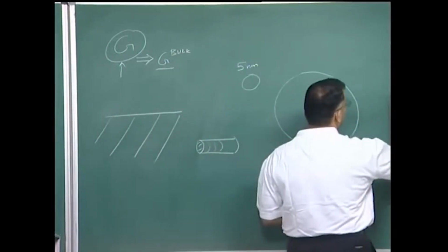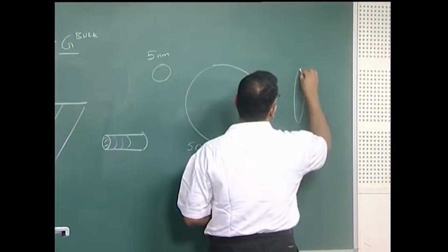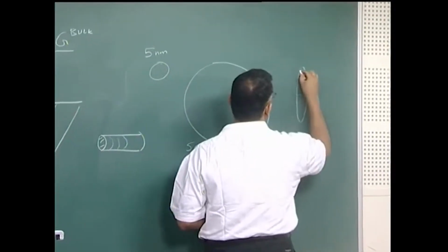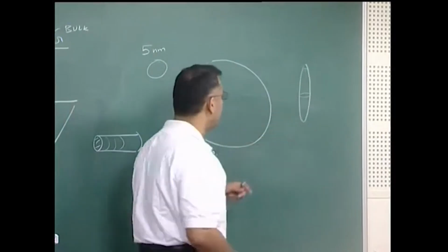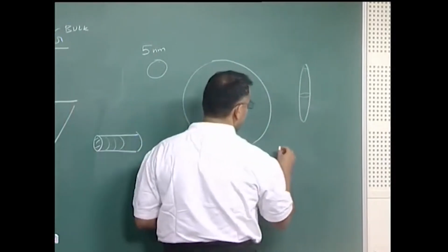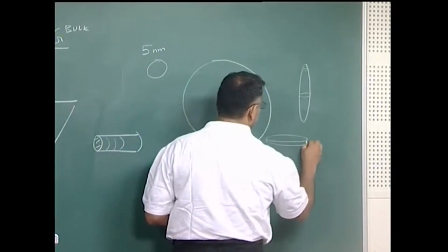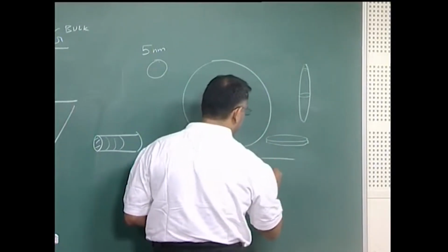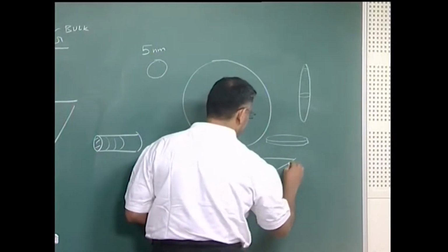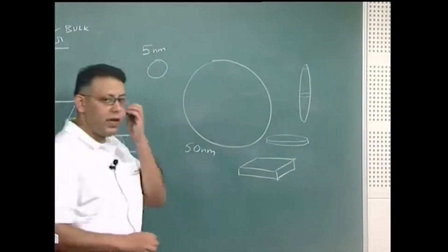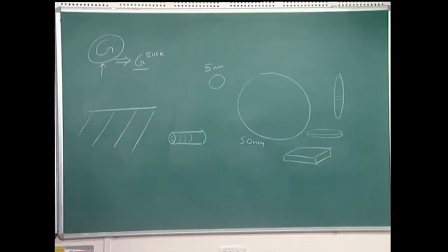It can be squashed, or it can be a long prolate spheroid, that means a spheroid with a circular cross section, but elongated, which is sometimes called needle shaped. It could typically be in the form of a disc, or it could be in the form of a plate. So, there are various geometries of these precipitates possible, but for now I will assume that the precipitate is spherical,